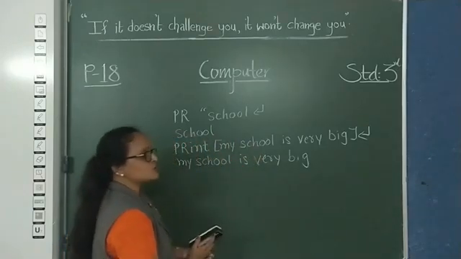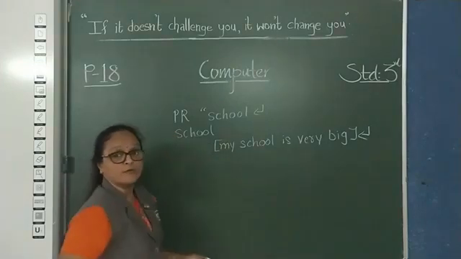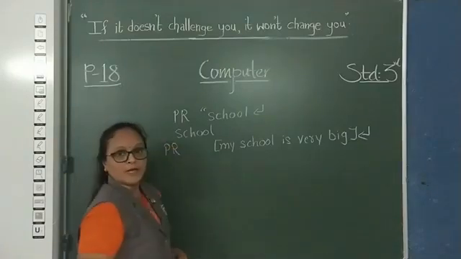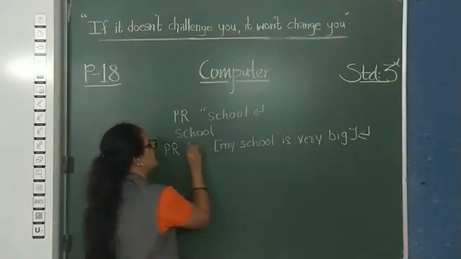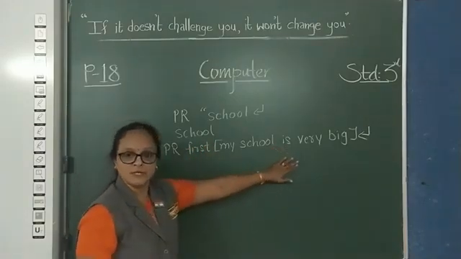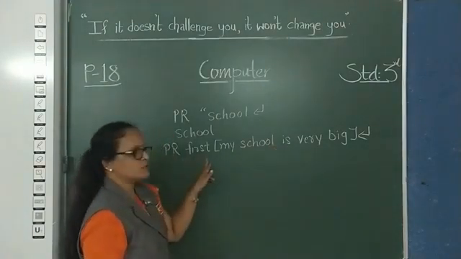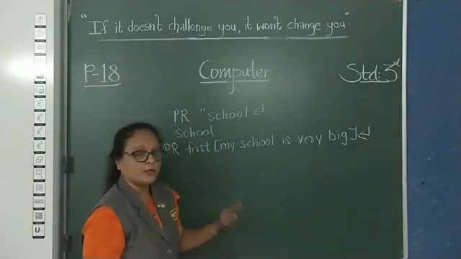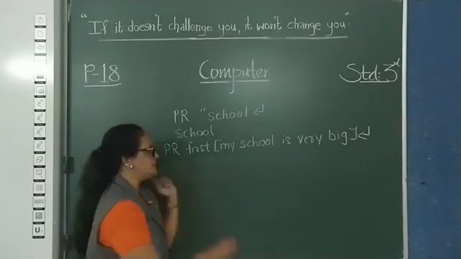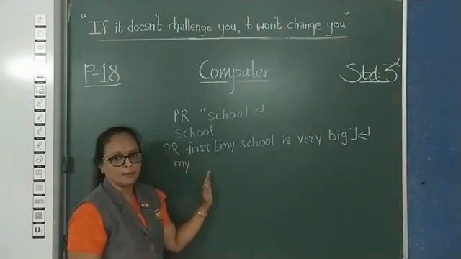Then we are going to start with the next, that is if we want to print the first word from the sentence. See here again, type as it is PR and then first. I keep the same sentence over here. Okay, I'm not going to change the sentence. PR first, then what is it going to print? It's going to print only the first word from the sentence. So you will get on the next line only the first word, that is my.